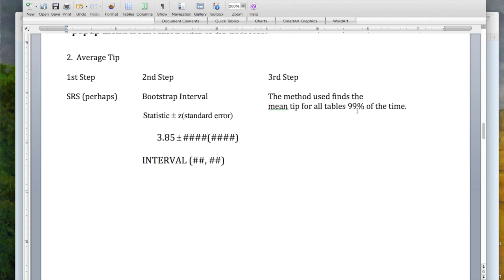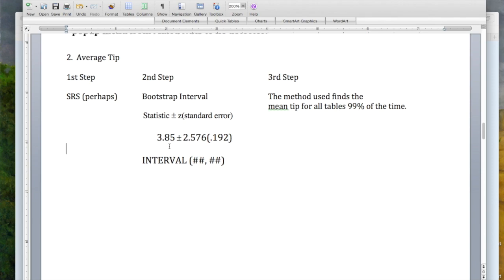The z-score for 99%, you'd have to look that up, 2.576 on that t-table. And then the standard error, which we got off the website, was 0.192. And then from there, it's just tapping this out on the calculator to get a more accurate answer, or the actual interval. So multiplying 2.576 by 0.192 will give me the margin of error, which is about 50 cents, or 49